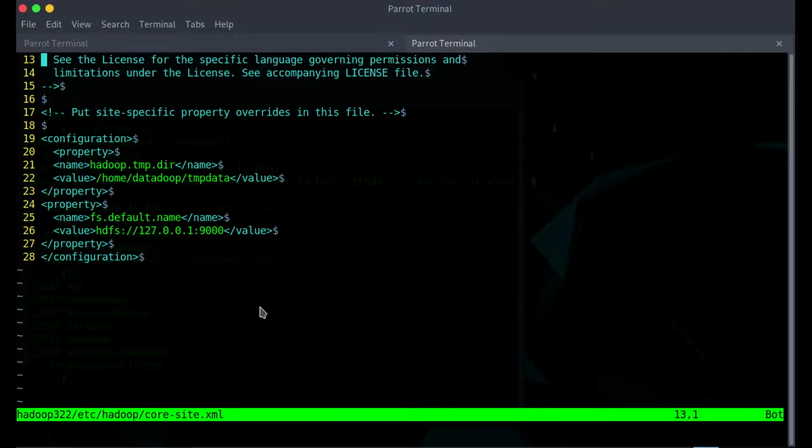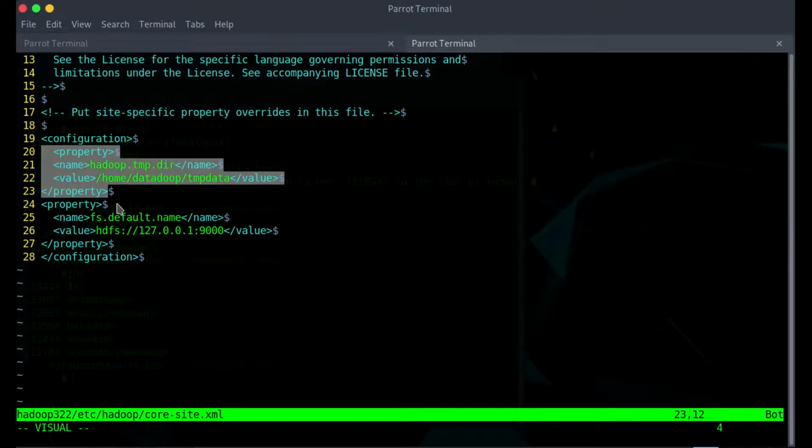If you enter this file, you'll have a blank configuration, so the begin and end configuration tags alone will be there. You will have to simply type this property here. Make sure you type the right home directory: you will have to enter your username here, not the thing that you see on the screen.